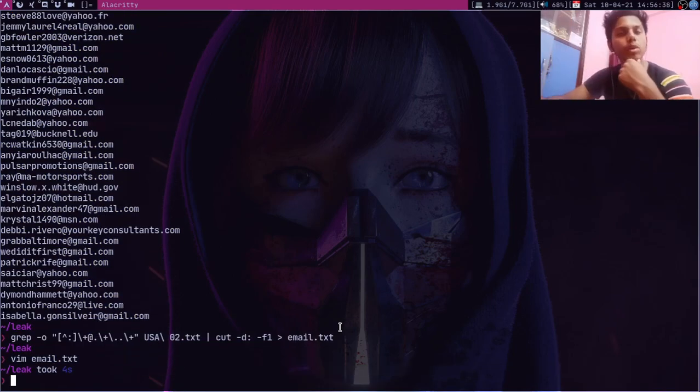So this is how you can use regex to find emails, and this is also very useful. Let's say you have a very big JSON file or something like that, and you just want to get the emails. You can also get some websites if they were there, but over here there is no website. So yeah, that was that.